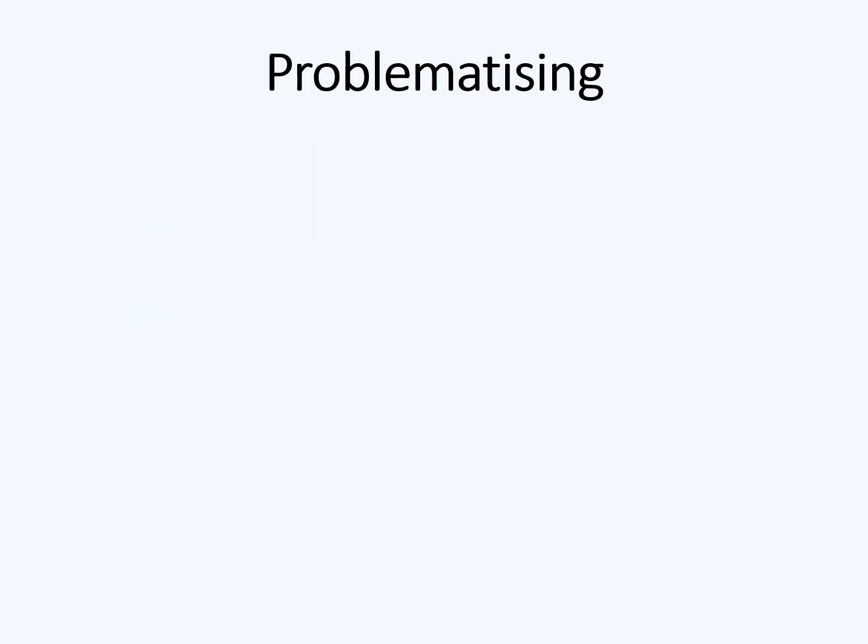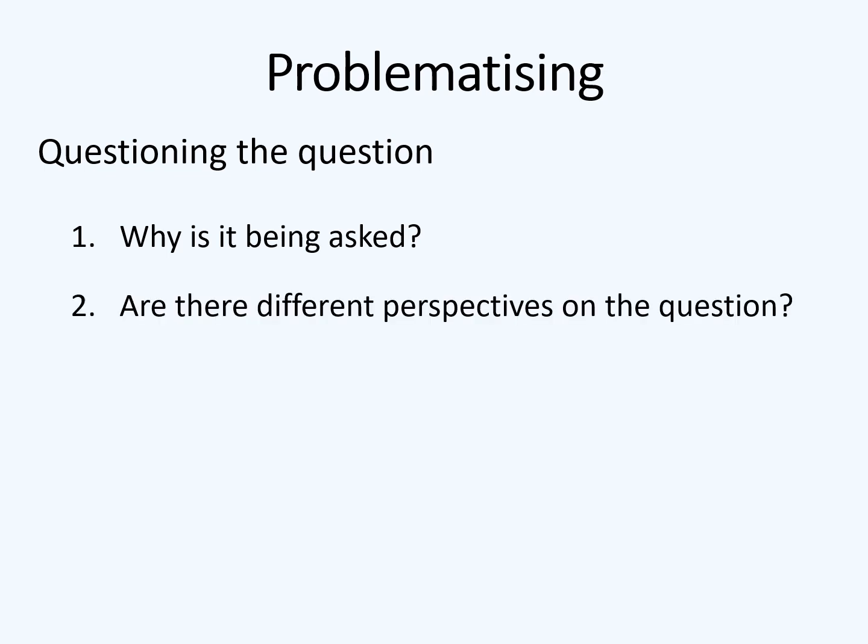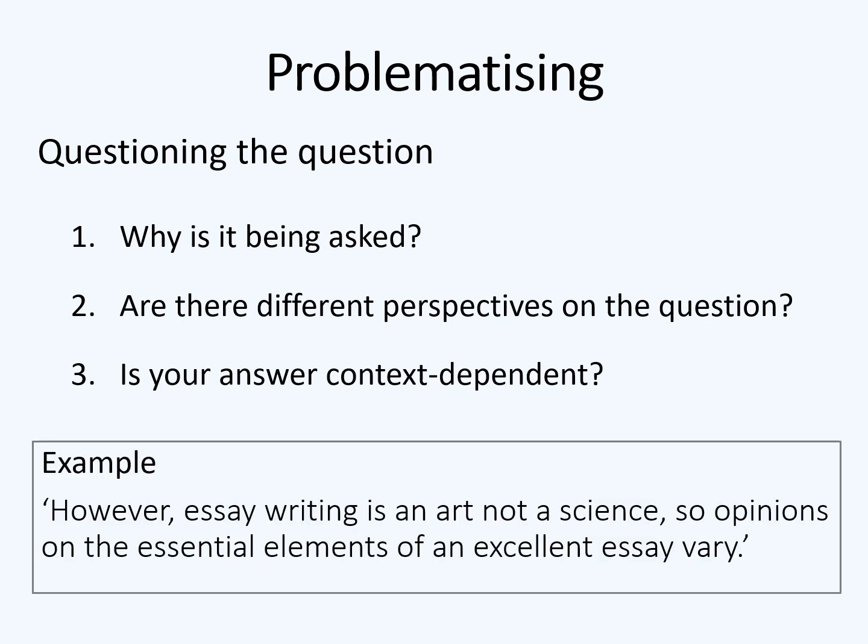It's important to remember that at university level all essays are arguments, which means that there won't be one single right answer to the questions set. Your task in essay writing is to identify and make sense of different perspectives and views from the literature on the topic. This is known as problematizing. It involves questioning the question. So you might ask yourself, why am I being asked this question? What are the different perspectives on the question? Might the perspective be context dependent? For example,